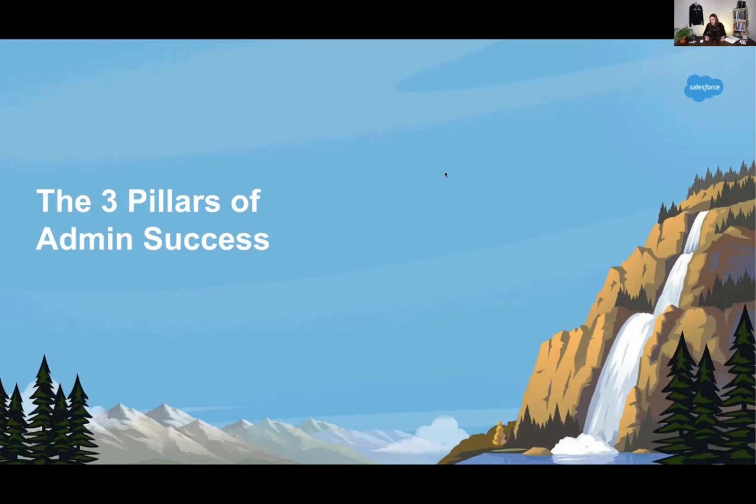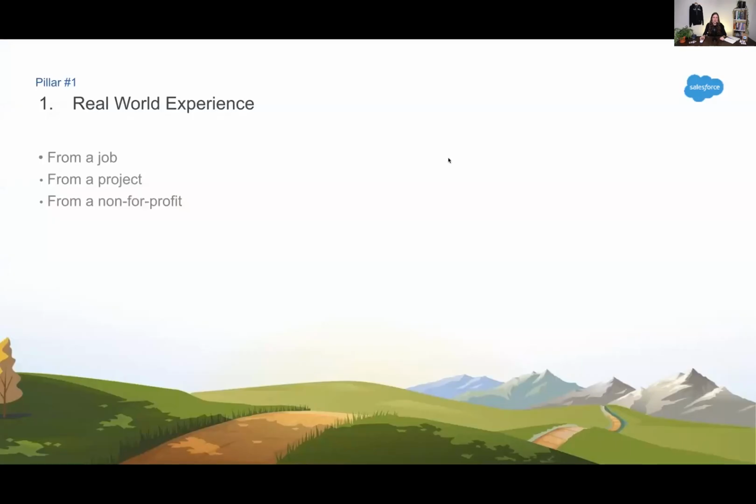But on the other hand, if one of these pillars is just unbelievably strong, really, really solid, then perhaps you don't need the other 2. It's up to you to decide, but it's always good to have a few backups just in case. So what are these 3 pillars anyway? Let's have a look. All right, pillar number 1, real world experience.